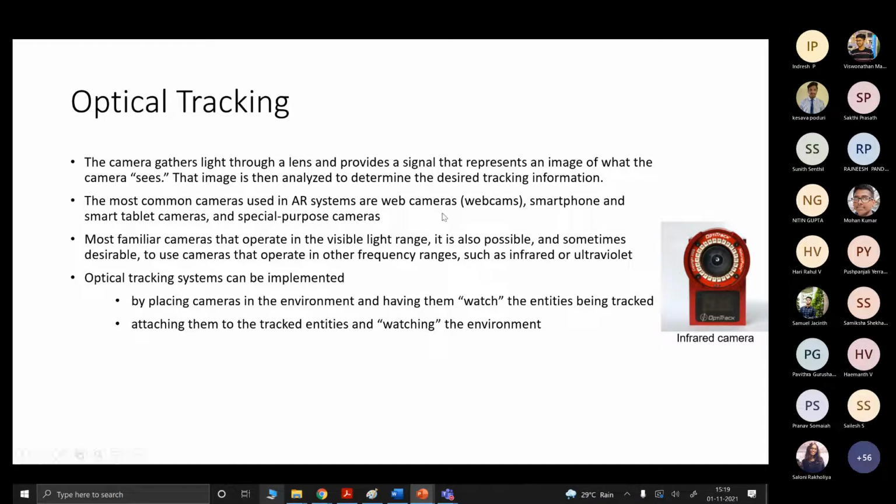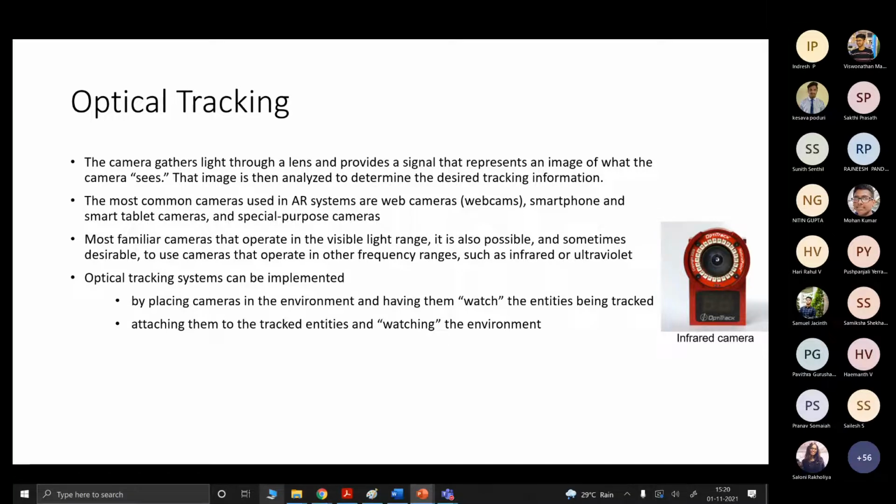Normal cameras can be used in AR applications for gathering information, and for some applications, suppose you want a wider frequency range or night views to be captured, if the environment is dark, you need to capture those things.